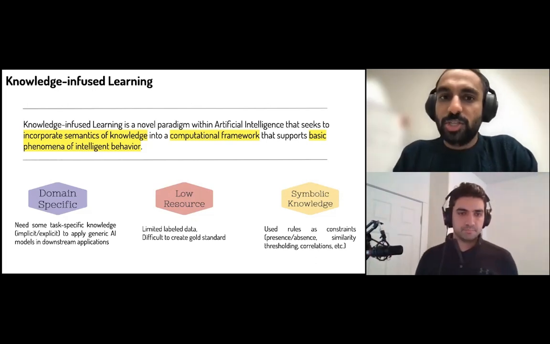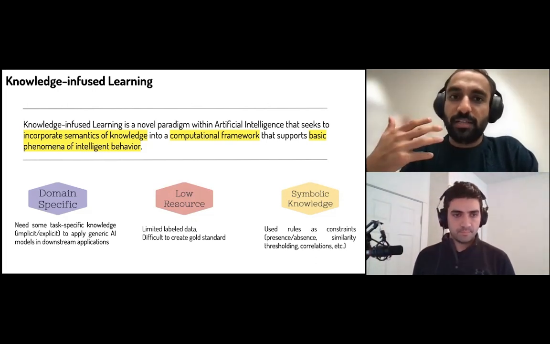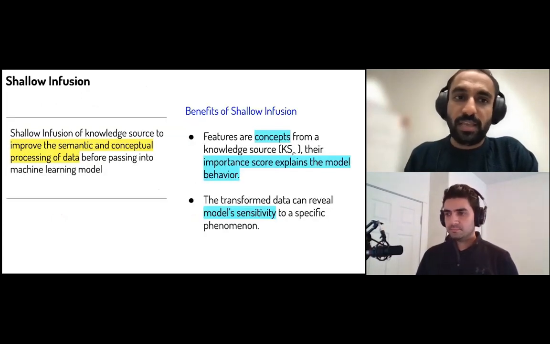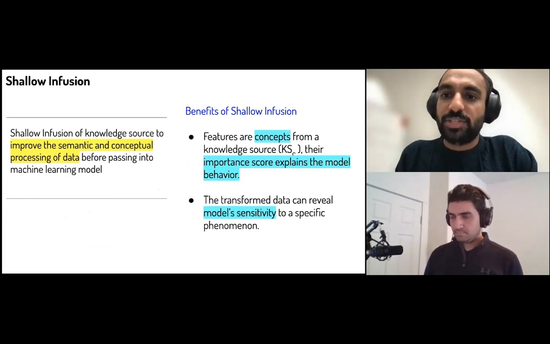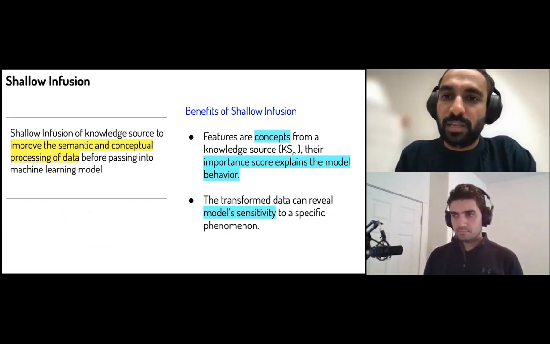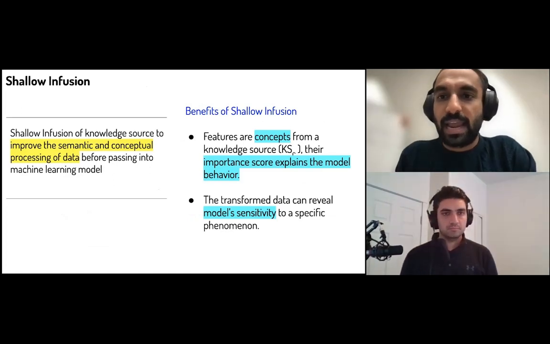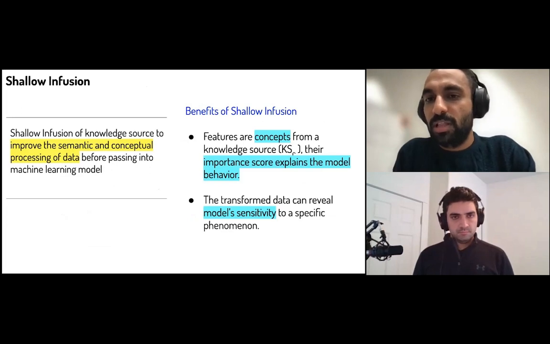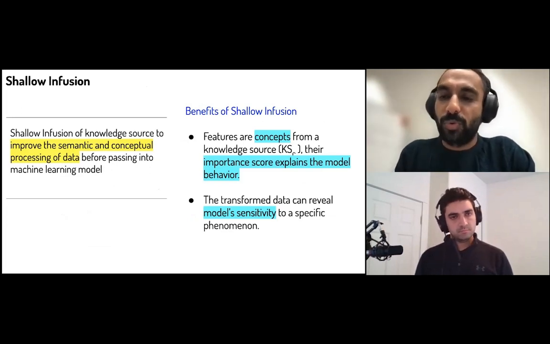Yes. Okay. So there are three ways in which this knowledge graph can be infused into the AI paradigm. The first one is shallow infusion. When I say shallow infusion, it's about improving the data, making it more semantic and conceptually correct before being passed into a machine learning model. The very simple example of doing this is